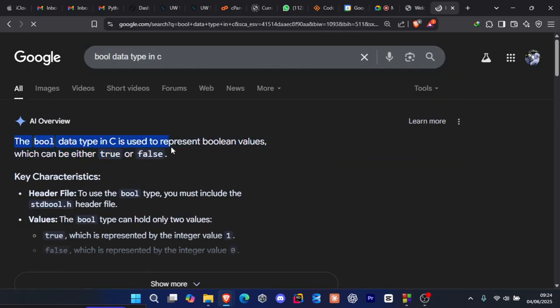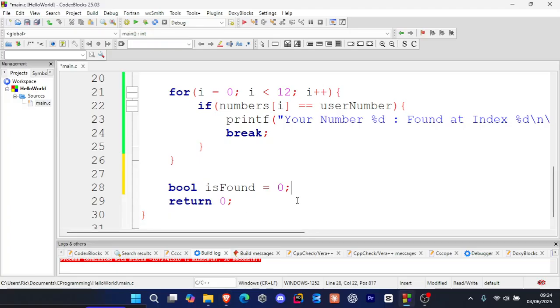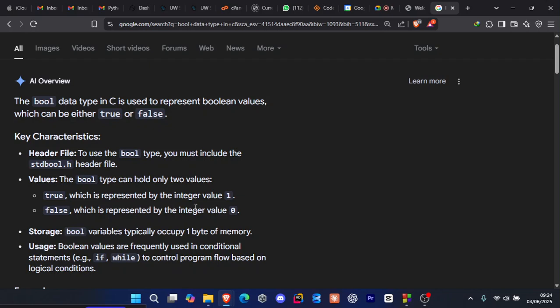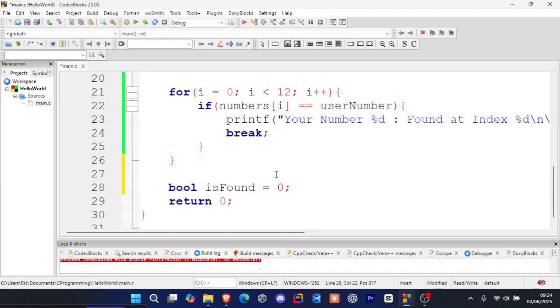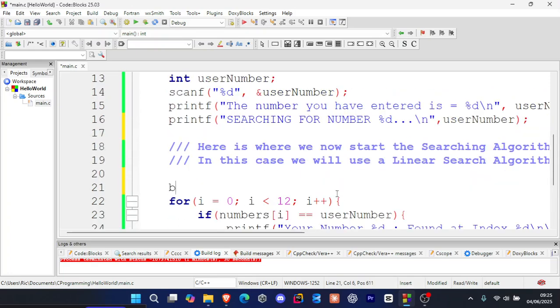You can see the bool data type, it's to represent the boolean values which can either be true or false. And exactly what I was saying is if it's false, it's 0. If it's true, it's 1, which is represented by the integer value 1. So what you can do is you can use this boolean value. And now we can say bool is number